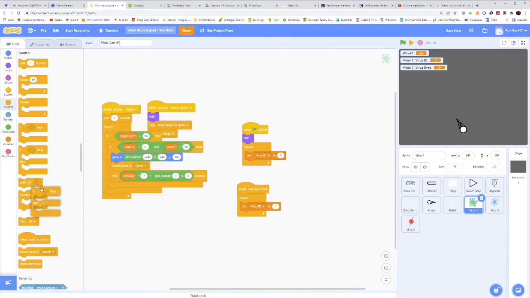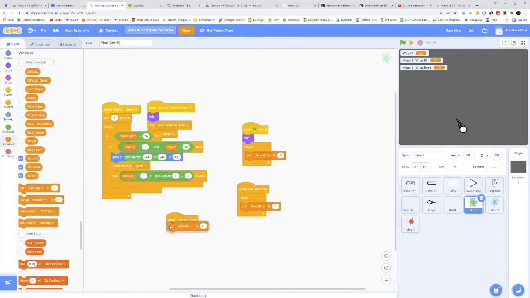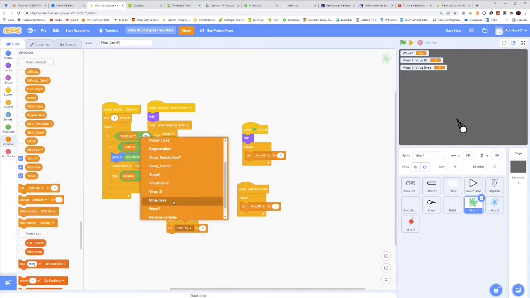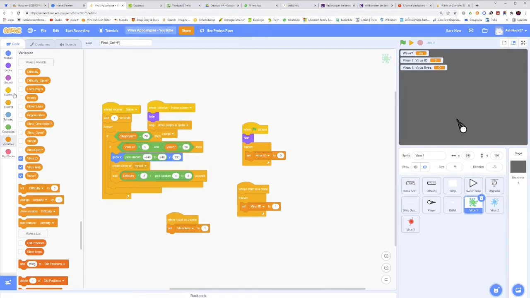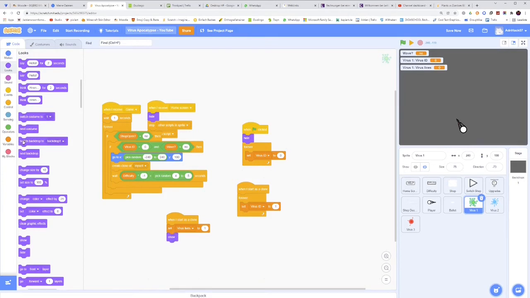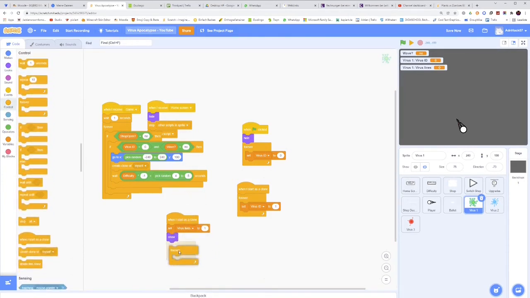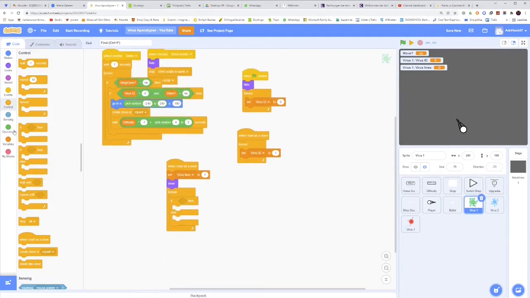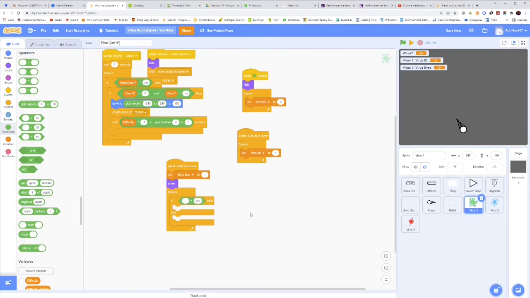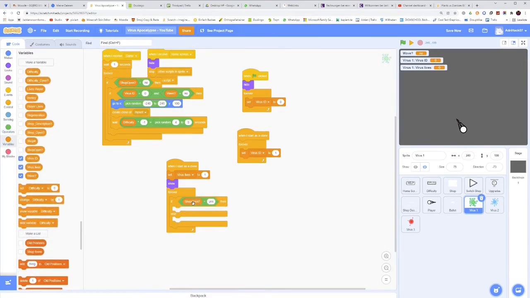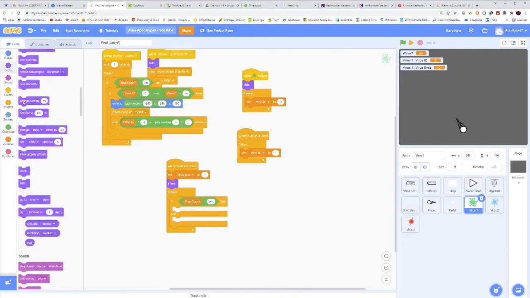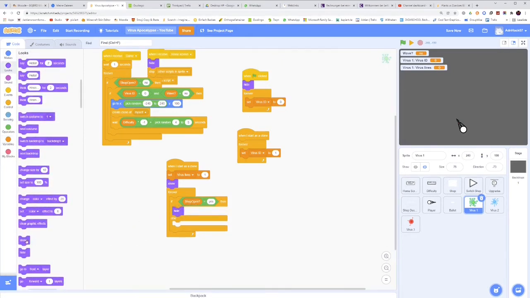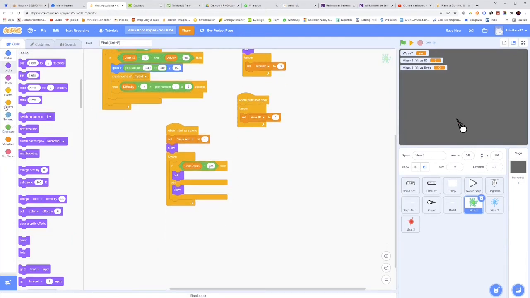Sorry, put that there, and put that here. Okay. And then when I start as a clone, another one, then you want to set virus lives to 1, then show, then forever, and then if, and this can be an if else this time, if shop open equals yes, right here, if shop open equals yes, then hide, and else show, and if touching player,